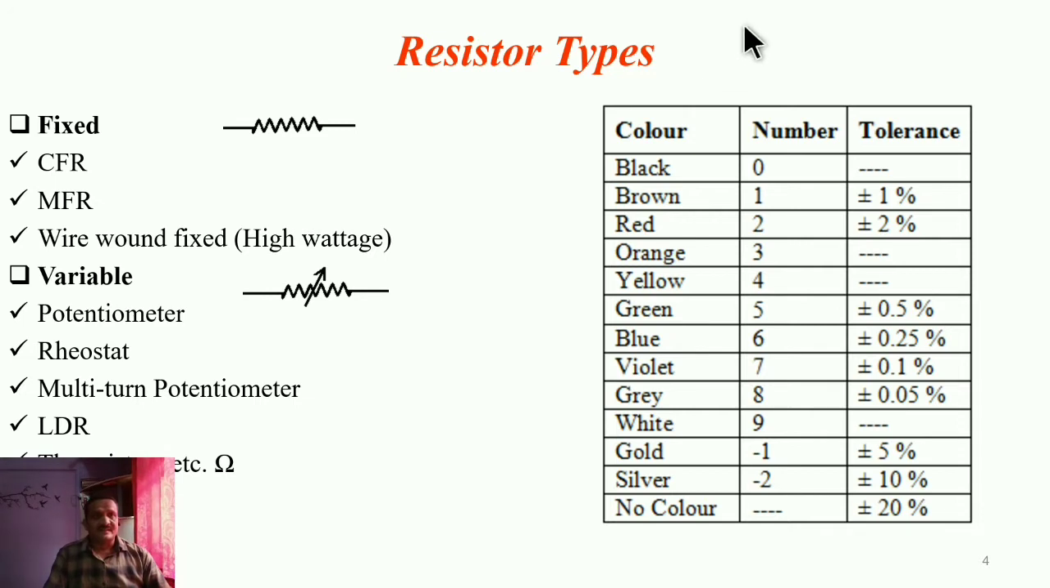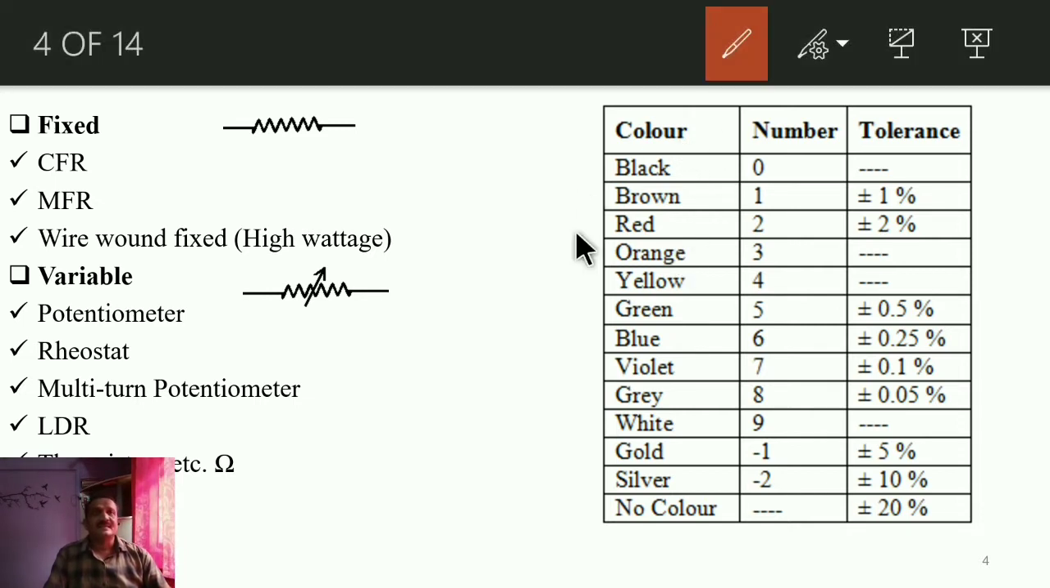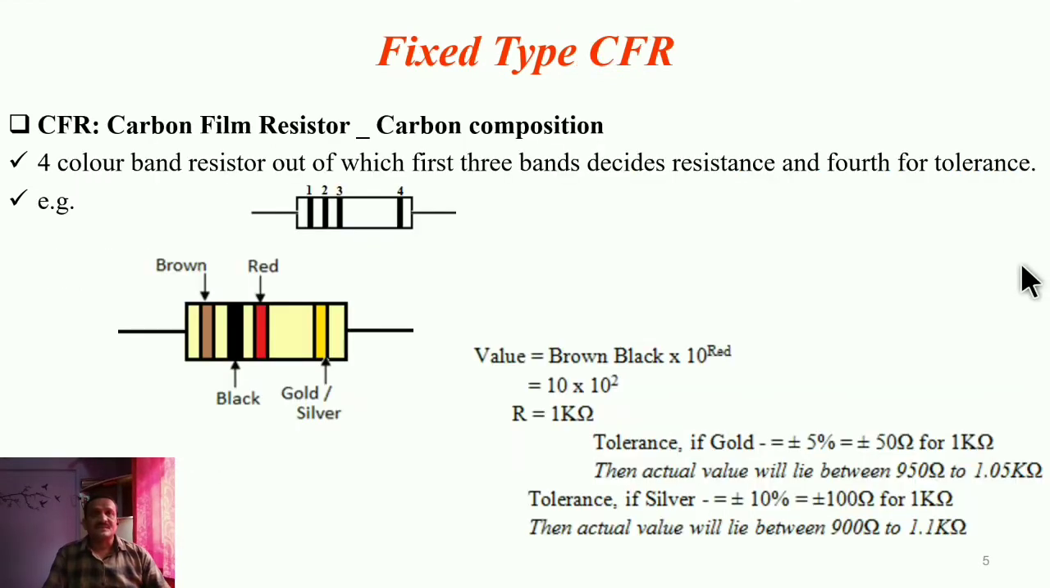And again, with this color chart, you may be familiar with it. So according to the color bands provided on the resistor, we can determine its resistance, right? How to determine it, that also we will discuss in the next slide. So just see the